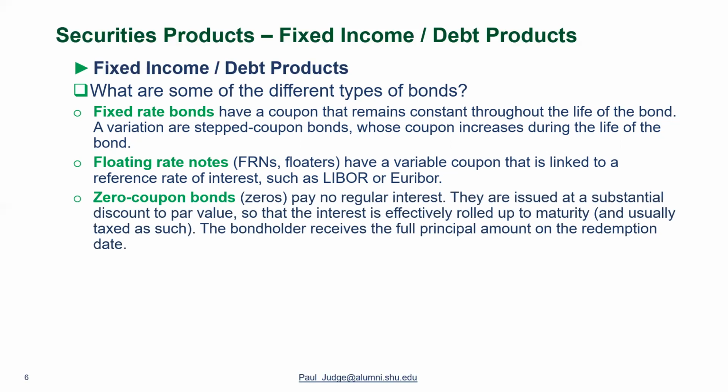Now, there's also zero coupon bonds. I talked about this before. These are cases where there is no interest rate paid. They're issued at a discounted value so that the interest is effectively paid at maturity. So this would be the example of a